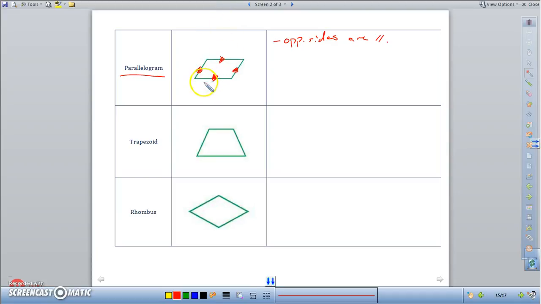If that's not the case, then it's not a parallelogram. It could be a quadrilateral. All of these are going to be quadrilaterals because they have four sides, but only a parallelogram if you have opposite sides parallel. We also have